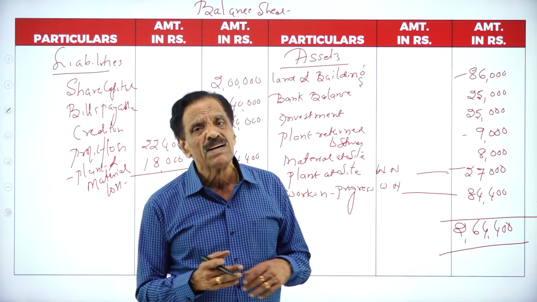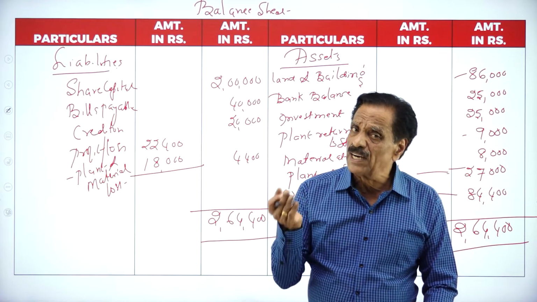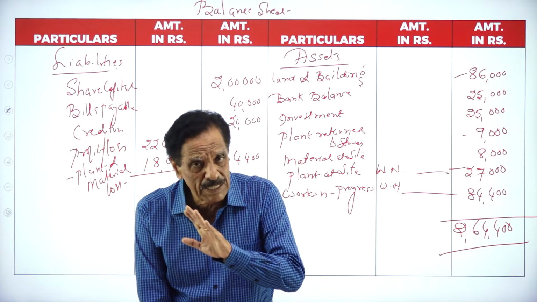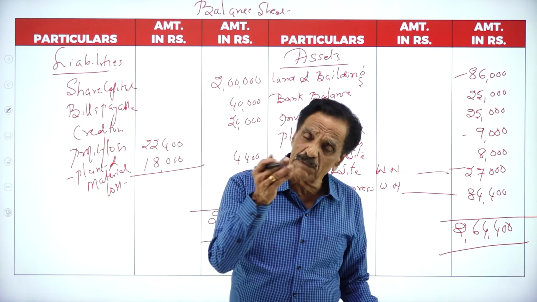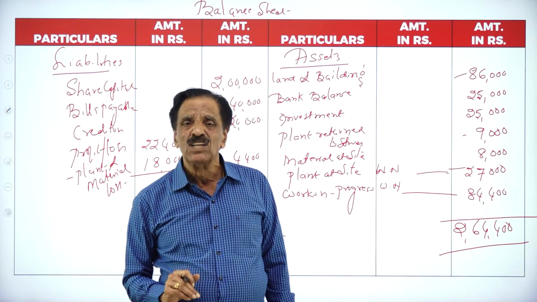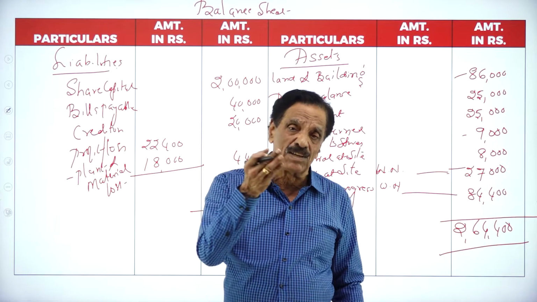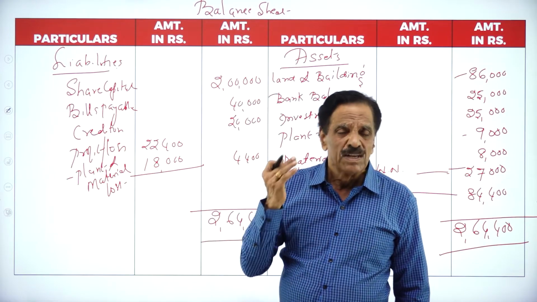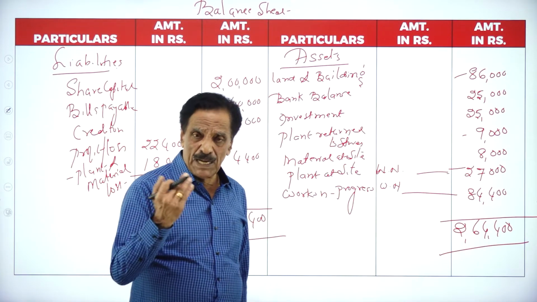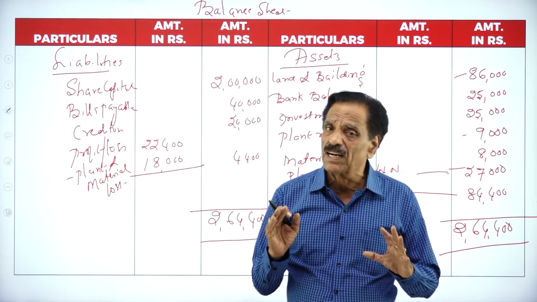Trial balance is given. Now we are going to calculate the contract account and balance sheet regarding the plant value. How is it? Plant value minus plant loss minus plant return minus depreciation. On the plant return, you have to calculate 10% depreciation, showing the plant side and plant return to store. Material side they have given. Share capital, creditor, bills payable, they have given, all are liabilities. Building is an asset, bank balance is an asset, investment is an asset. So everything is given. You have to calculate the profit.